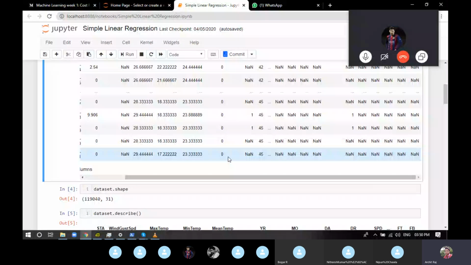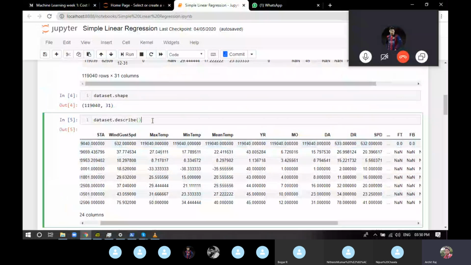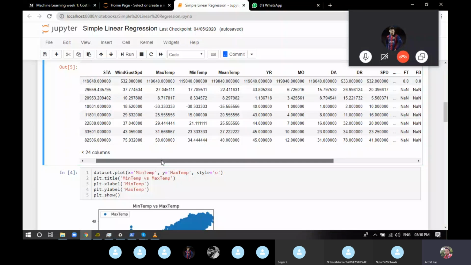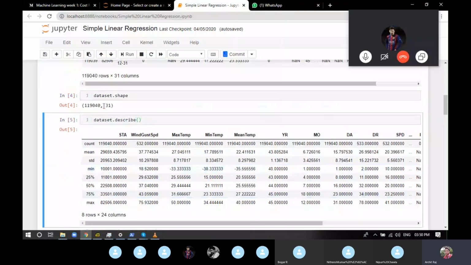Now, similarly, dataset.shape will give you the shape of the data. Now, describe, just to get to know what exactly data you have. You have the count, mean, standard deviation, minimum, 25th percentile, 50th percentile, 75th percentile, maximum, just to get to know what exactly the data is. Currently it's not necessary because I know that we can apply linear regression, as it's completely suitable for it. But we do this, the data shape, the describe, or the information of the dataset, to find out which exact machine learning model you have to use.